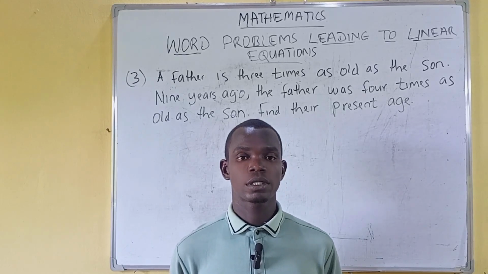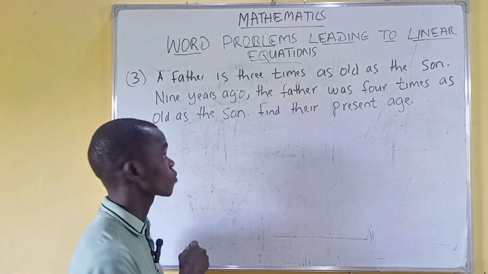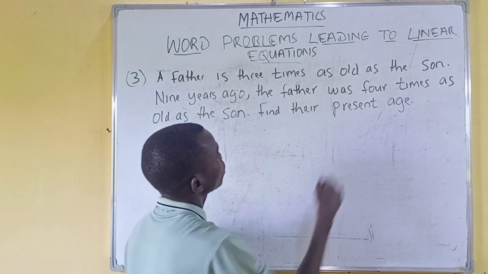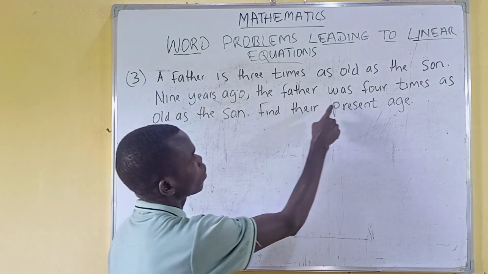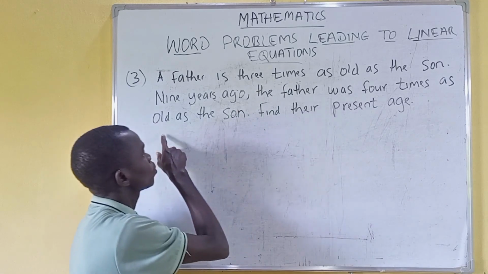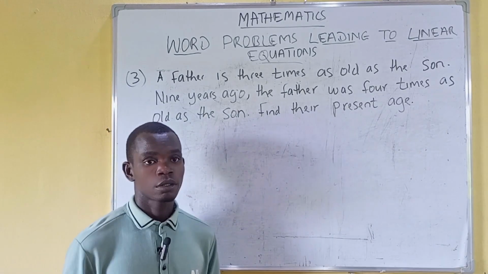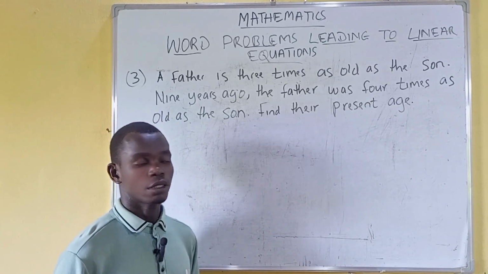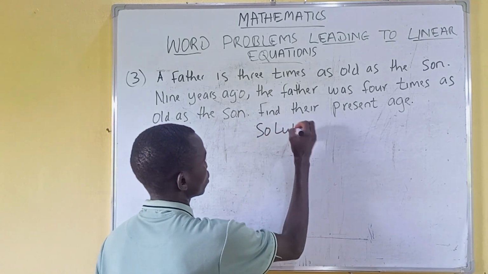Let's look at this question 3 on word problems. A father is 3 times as old as the son. 9 years ago, the father was 4 times as old as the son. Find their present age. From this question, we are asked to find their current age. So, let's say solution,